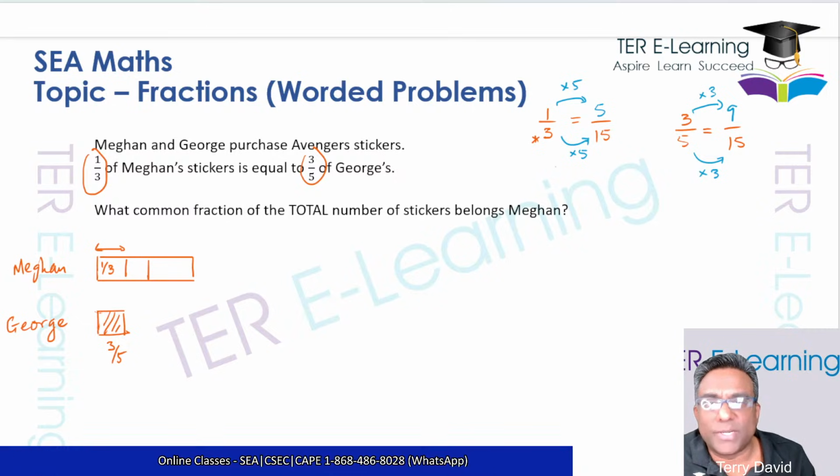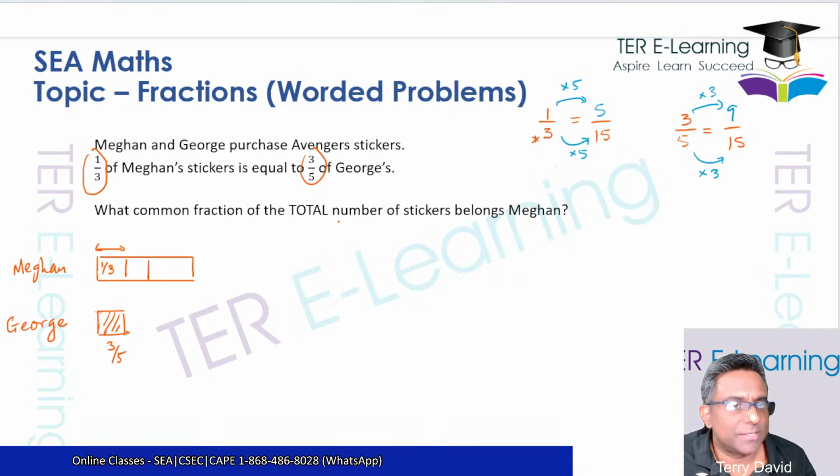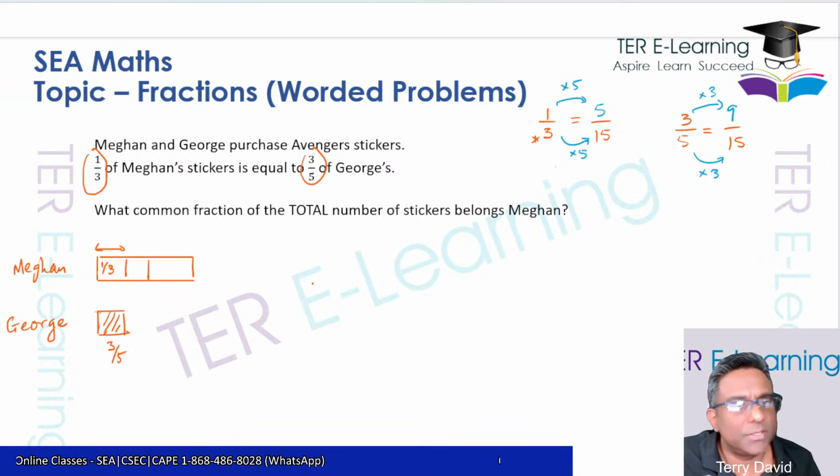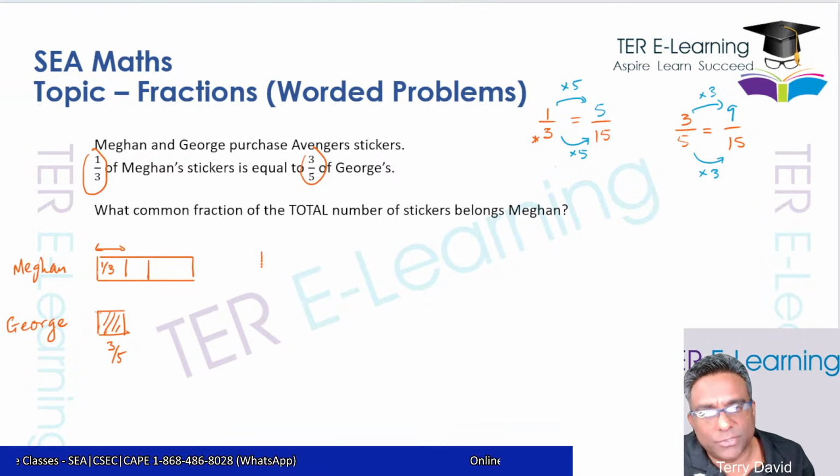So what I'm going to do, because some of you might have a little trouble visualizing this. Megan, in terms of stickers, has 1/3, so that's 5 over 15. So here's what I'm going to do. I'm going to write